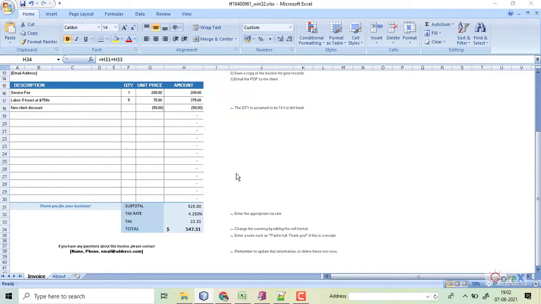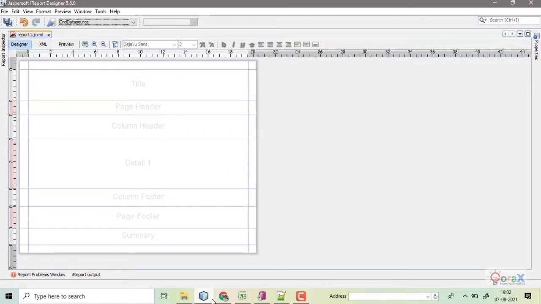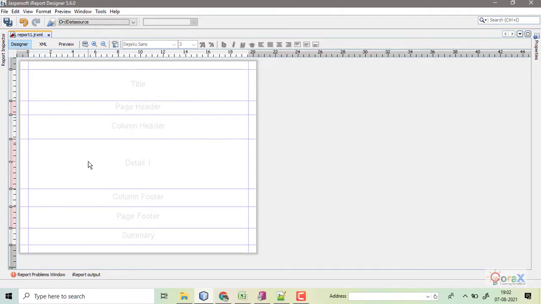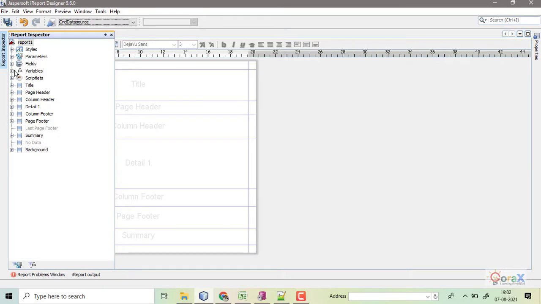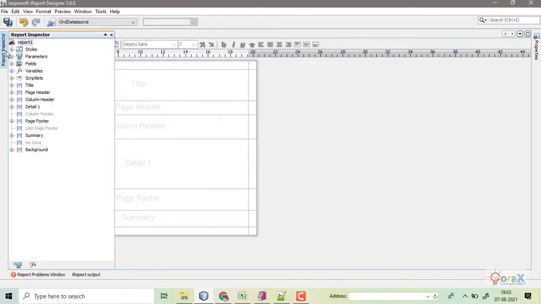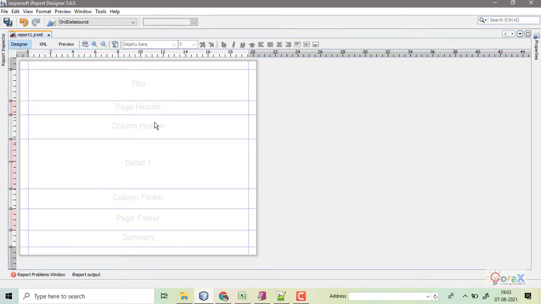So that's all. These are the multiple bands we are using. We can delete bands also, and we can add them too. If you want to delete any band, you need to go here and select it. The delete band option is there. If you delete it, that particular band will get deleted from this template. And if you want to add one, you just need to right click on this and add band. This is how we can add and delete the bands.